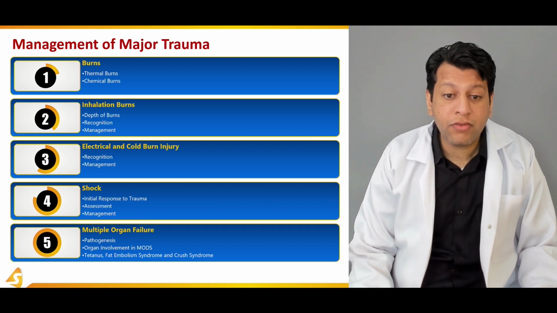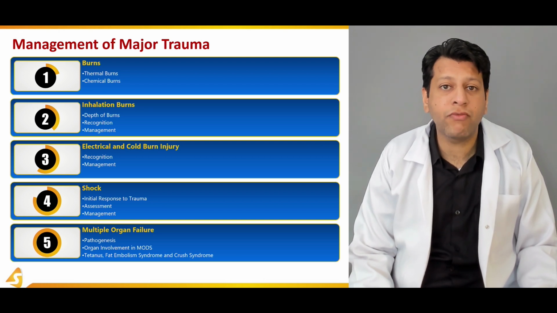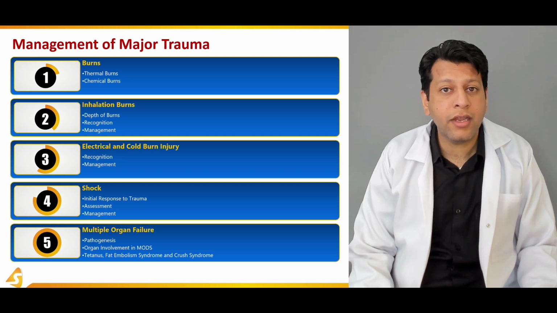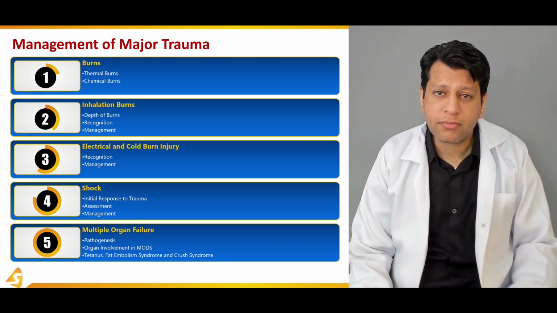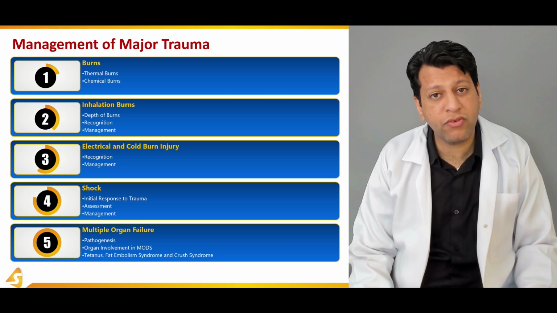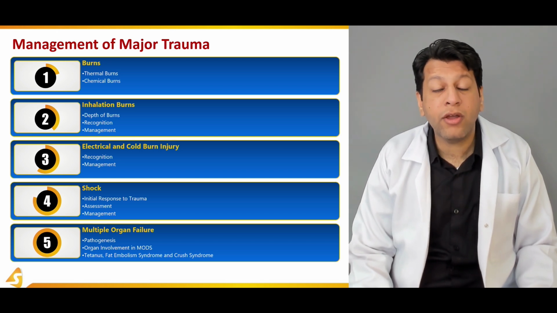In the third section, we'll be briefly touching upon the electrical and cold burn injuries, especially the frostbite, frost nip, and the cold injuries as well. In the fourth section, we'll be going through the different types of shock, cardiogenic shock, what is obstructive shock, what is hypovolemic shock, what is septic and anaphylactic shocks, and how to assess them and how to manage these types